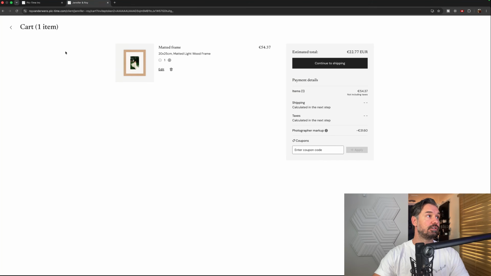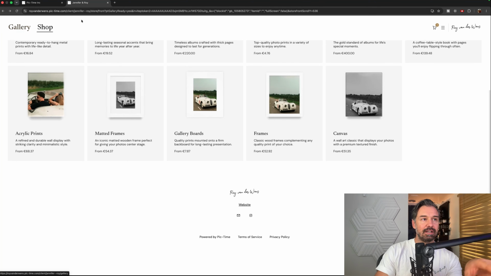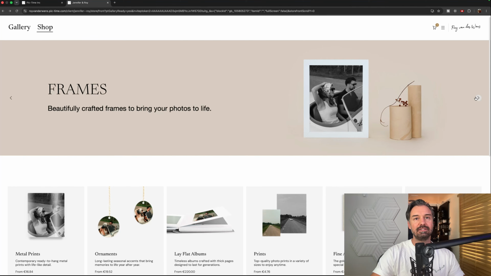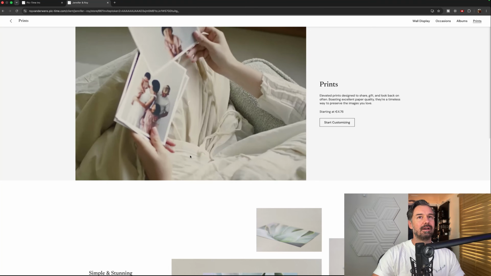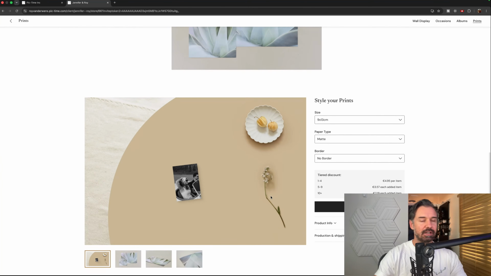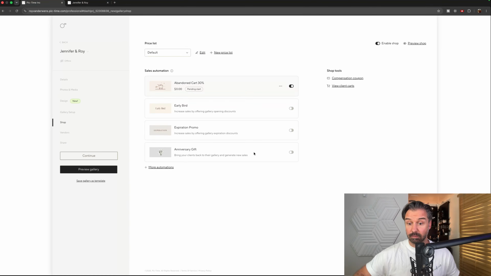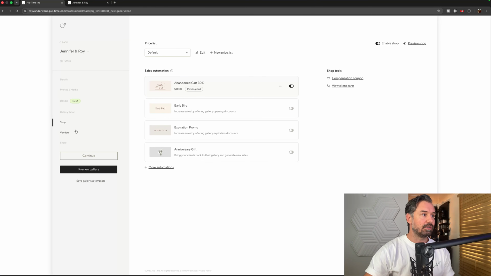You can just order stuff, and this is where it gets interesting. And of course, Pic-Time, it's a great platform. Everything looks awesome, but these kind of things make it interesting, because you can buy prints. People can do stuff. So if you set up your automatic email system the right way, you can make money with it. And I think that's the interesting part of this whole gallery.